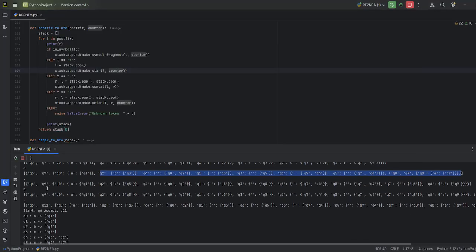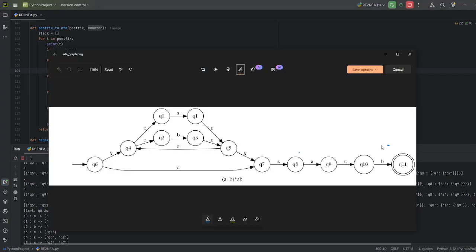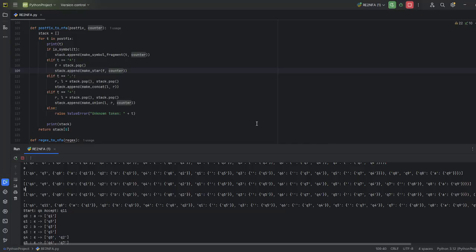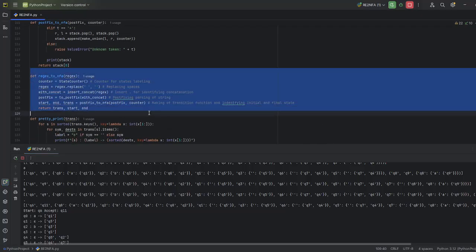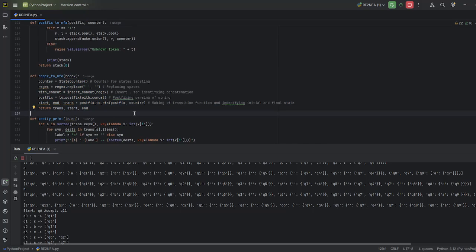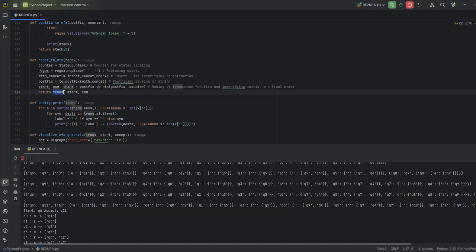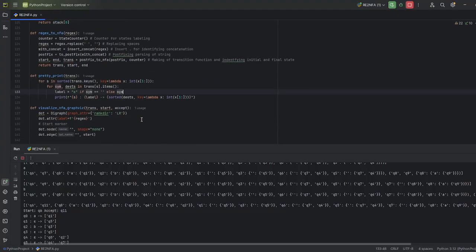So the same goes for B here, and then you just connect an epsilon transition from the final state of A to the initial state of B, and then you get the final state as the final state. So this function here is just like every single function previously, and it returns the transition function, the starting state, and the ending state.